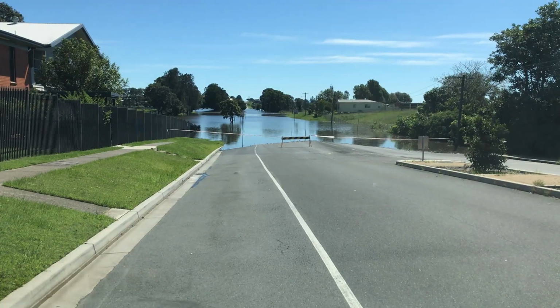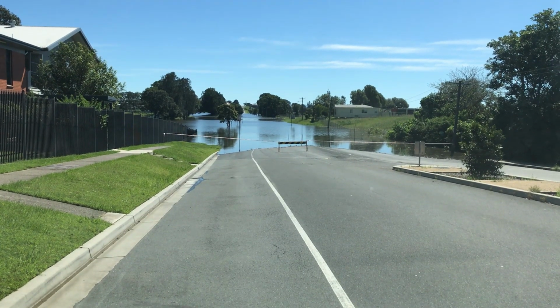And once things had had a bit of an air out, I headed back onto the road just to be met by a flooded road. So I had to take a little bit of a detour, which resulted in me staying overnight in the town of Kempsey. And when I tried to leave Kempsey the next day, I ran into about 5 different flooded intersections,